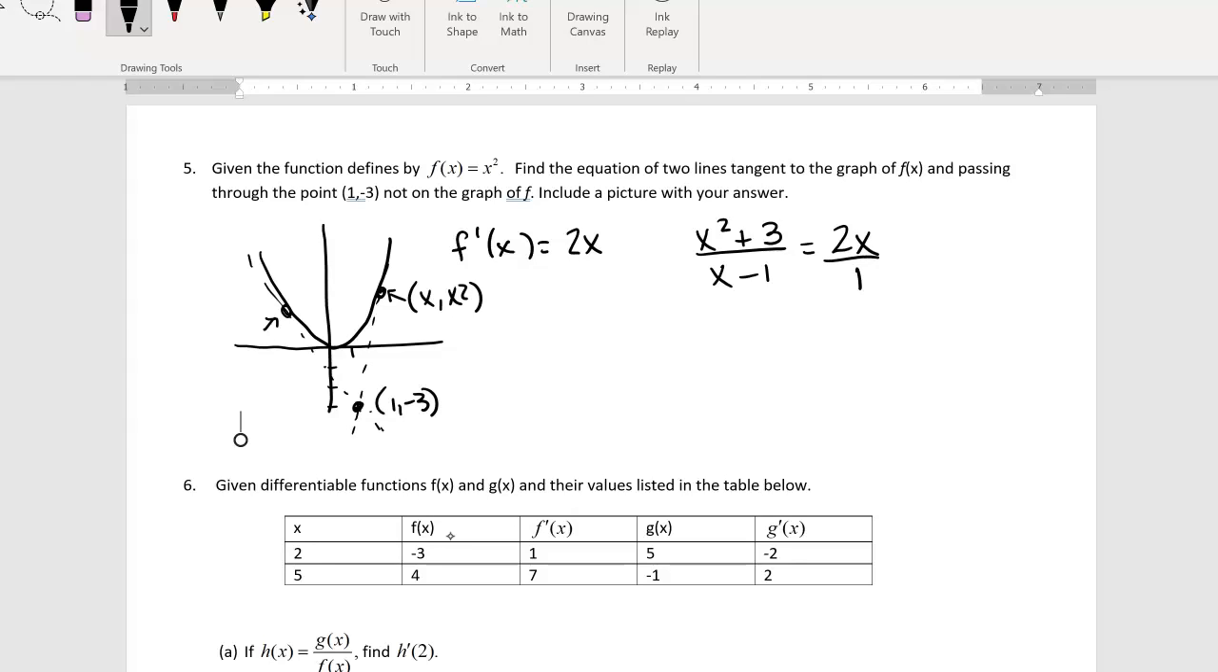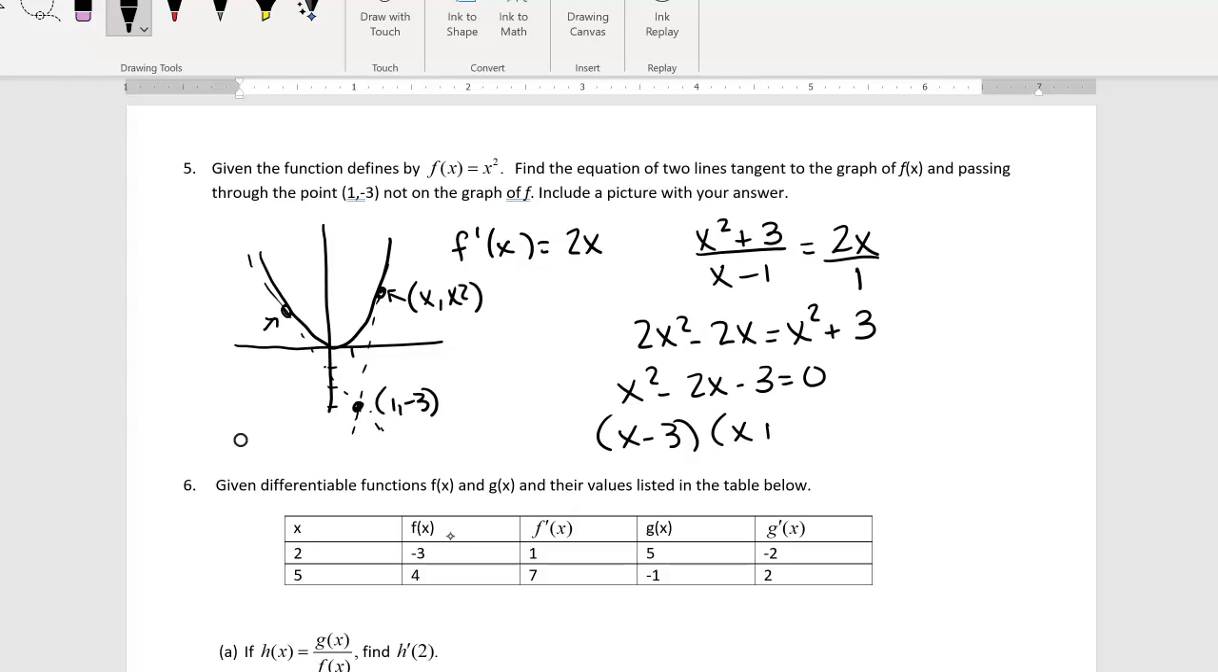We cross multiply. We get 2x squared minus 2x equals x squared plus 3. X squared minus 2x minus 3 equals 0. Factor that: x minus 3 and x plus 1. So the two values of x are 3 and -1, and from my picture, it's not great, but you can kind of see we're in the ballpark. I wanted the equation of the 2 lines, so again, we need the points